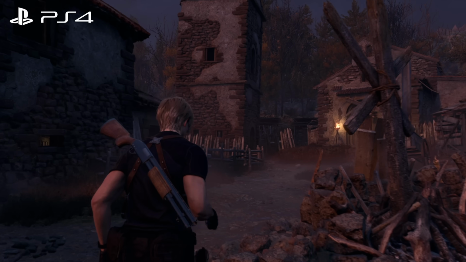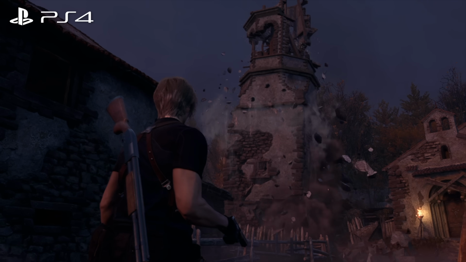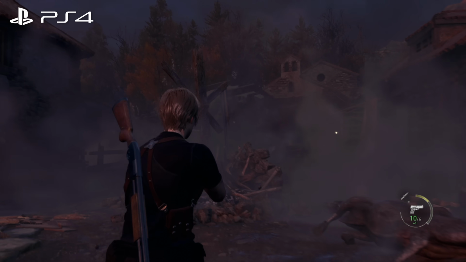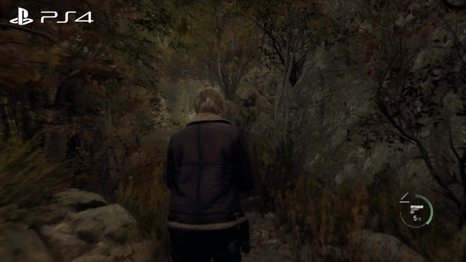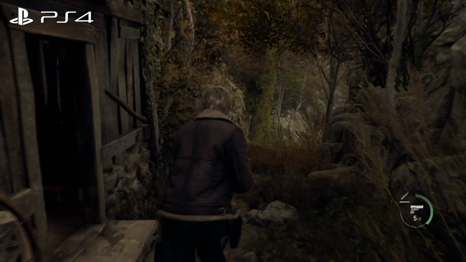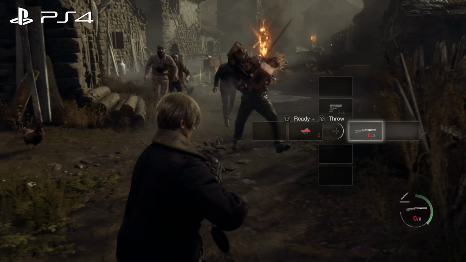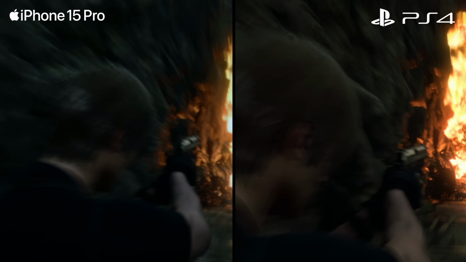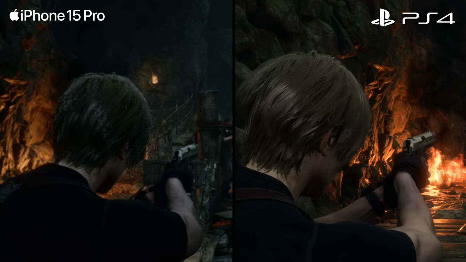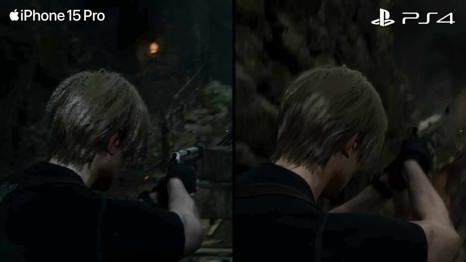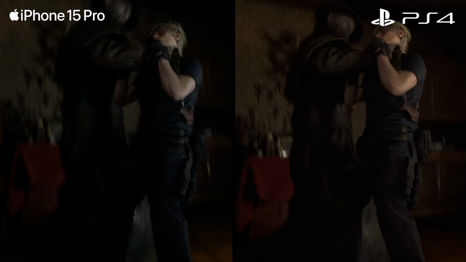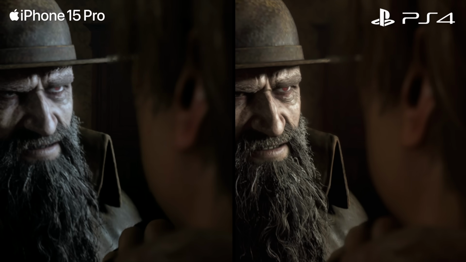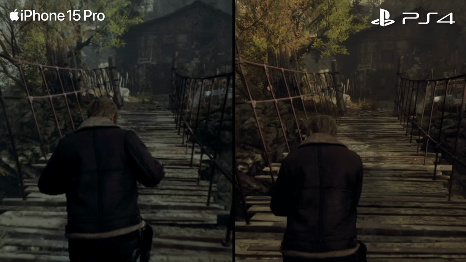The PS4 code, for its part, looks pretty good, with a 900p image combined with TAA for a fairly smooth and detailed final resolve. By last-gen standards, image quality is perfectly reasonable on that platform. The iPhone just doesn't hold up well by comparison. The game tends to have a lot of these sort of salt and pepper disocclusion artifacts all over the screen at times. Almost any time there's substantial movement in the frame, these issues will be noticeable, especially around Leon's hair